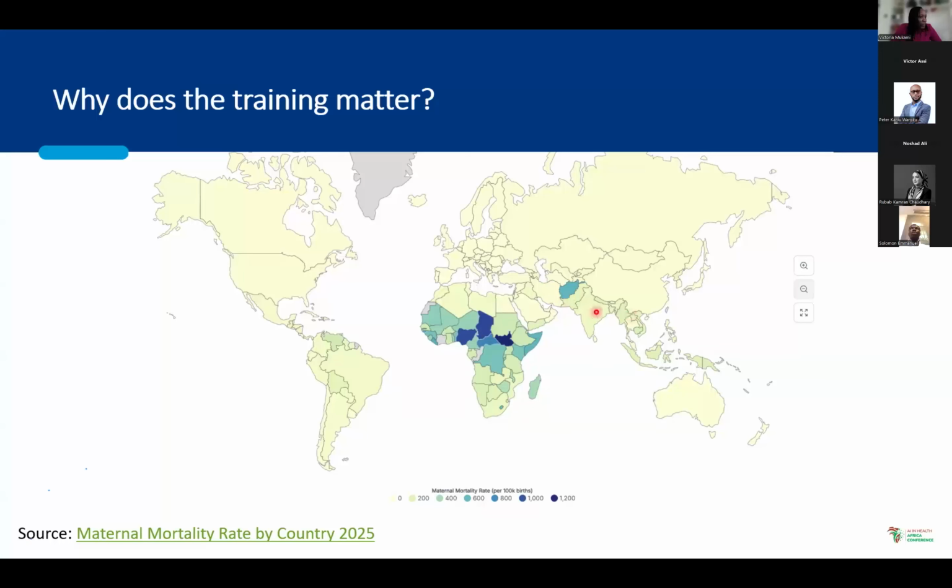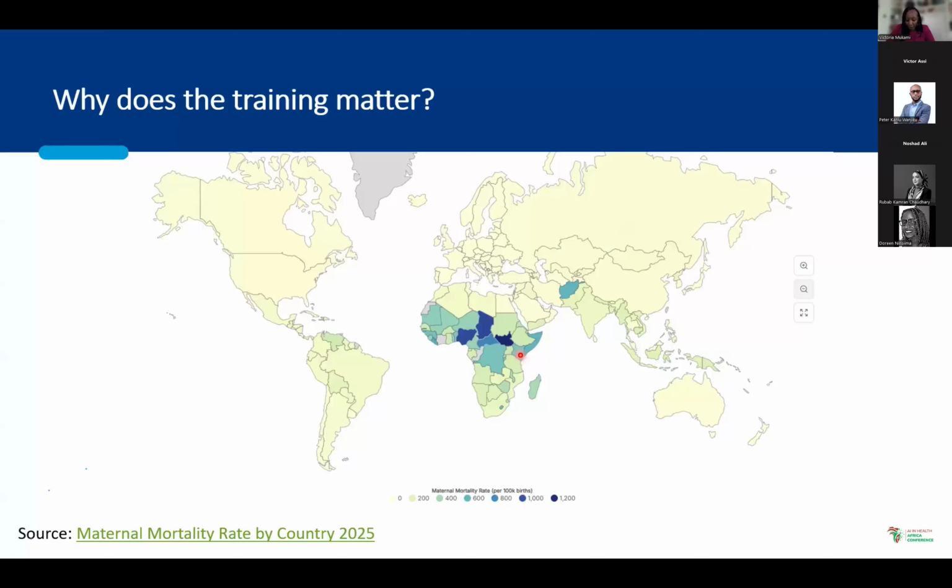For South Asia or Southeast Asia, you've got countries like Afghanistan here that has a bit of a darker color. And I was trying to look at the rates as I was preparing these slides. This is Chad, and Chad I think has really high maternal mortality. No, this is not Chad, sorry. This is South Sudan, this is Chad, this is Nigeria. So South Sudan has very high maternal mortality rates at